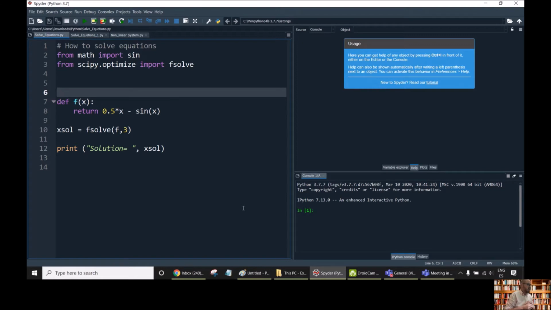So here we can see the script to solve this equation with WinPython, which is extremely easy to do. We can see that here we define firstly our equation as a function f of x, and this definition returns the value of 0.5x minus sine of x, which is the equation that we want to solve. Then we only have to do x sol, our solution, will be equal to the function fsolve applied to our function f,